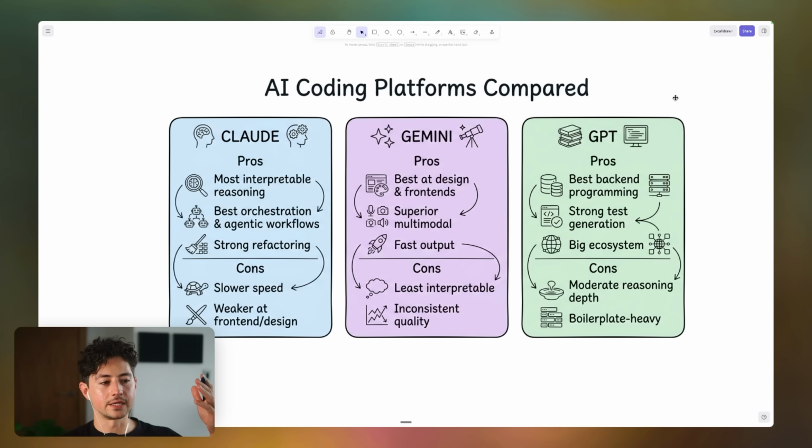Next up, I want to talk about what makes these AI coding platforms different from one another, not from a user experience angle, but from an intelligence angle, from a what they could do angle as well. So as you saw, there were three different models. There was Claude, which was wrapped around Claude Code, Gemini, which was wrapped around Antigravity, and then GPT, in my case 5.4, which is wrapped around Codex.